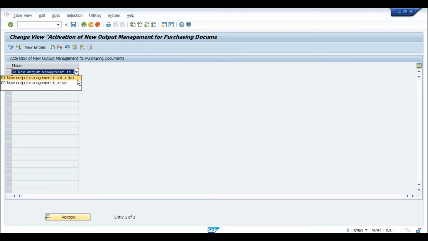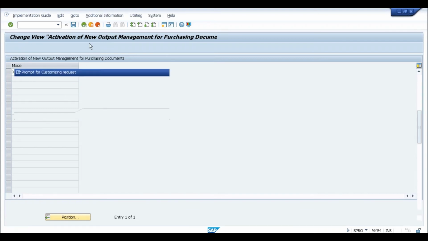Currently it is active. That is the reason the screen that we just saw is showing the new output determination columns. If I switch back to this one, which means new output management is not active, and save this.